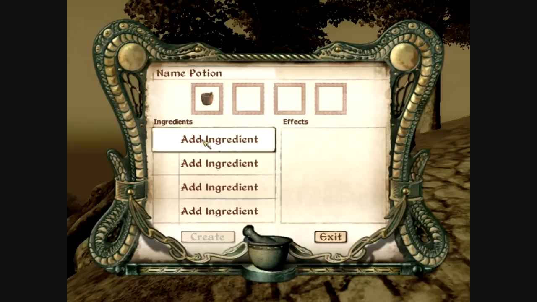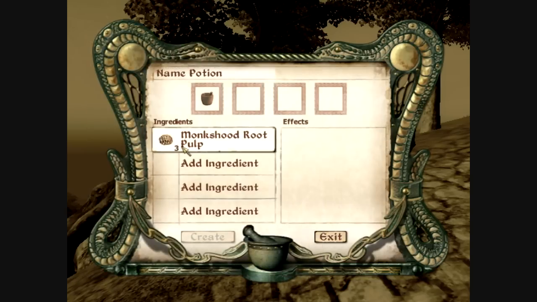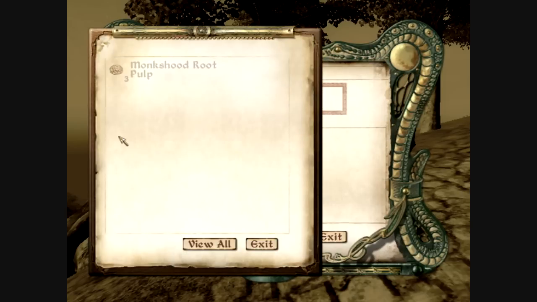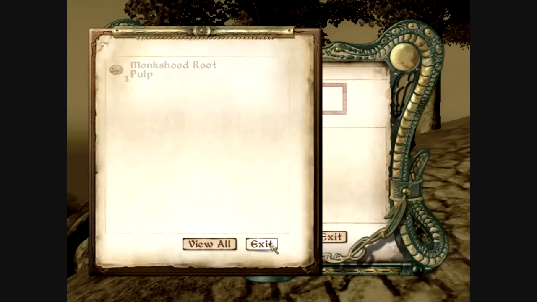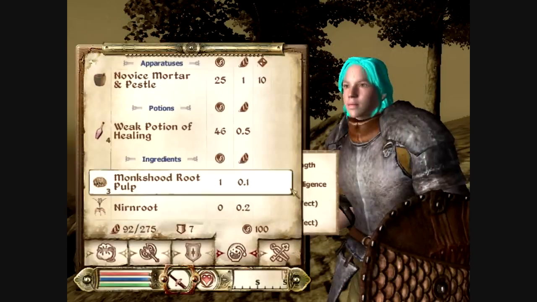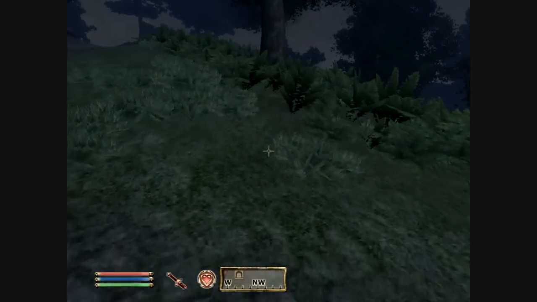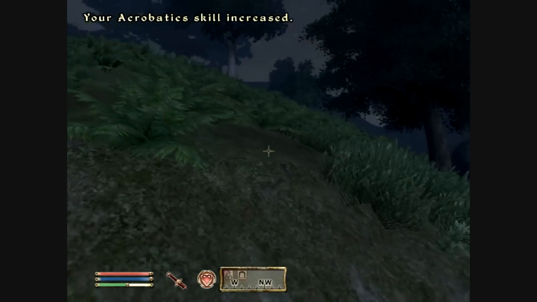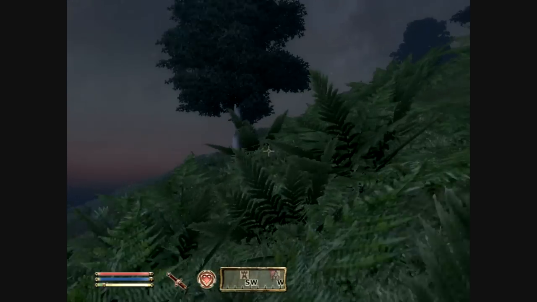This is the alchemy screen. Basically, you do that, and then it shows you all of your ingredients, and the ones that are grayed out are ones you cannot use in combination with this. The ones that are not grayed out are ones you can use in combination with that. Since we have very few, I'm not going to show that right now, but we are going to continue exploring while jumping, remember, and we should be able to find quite a few more